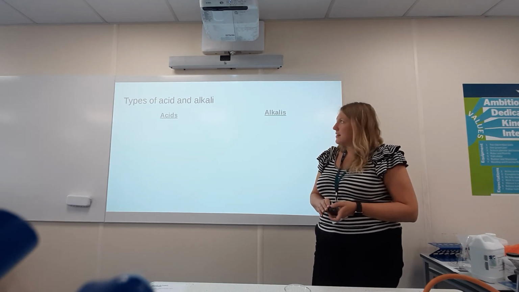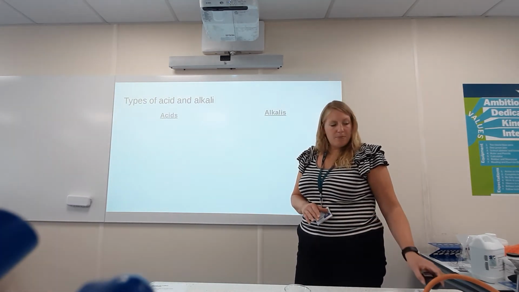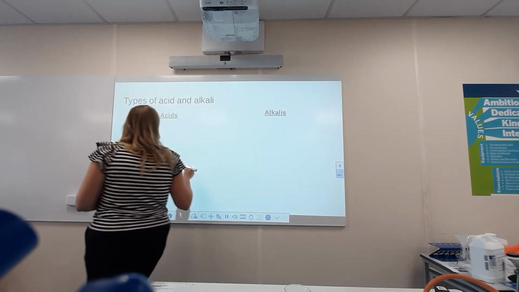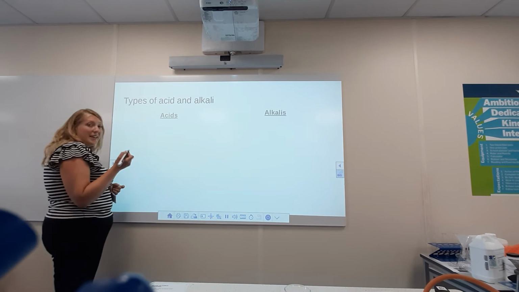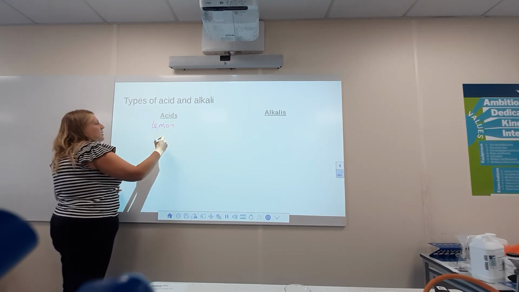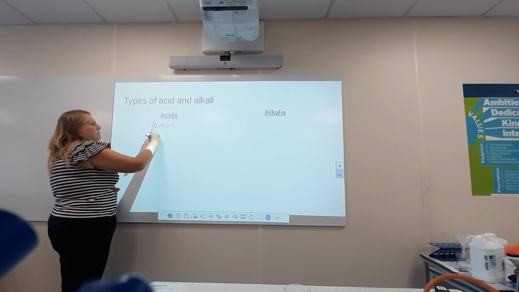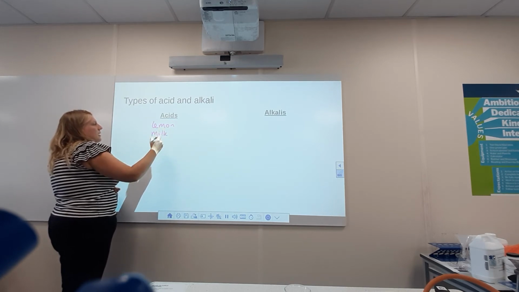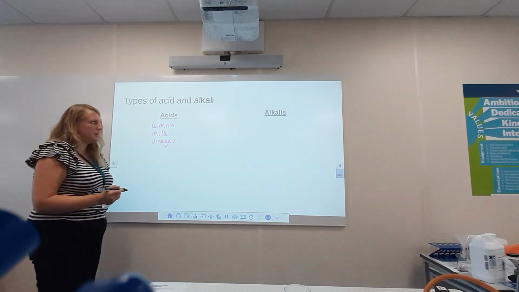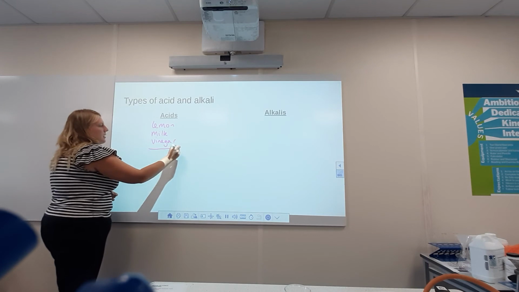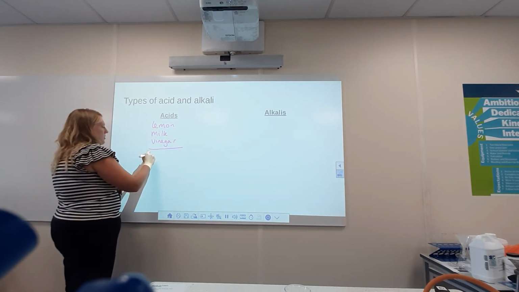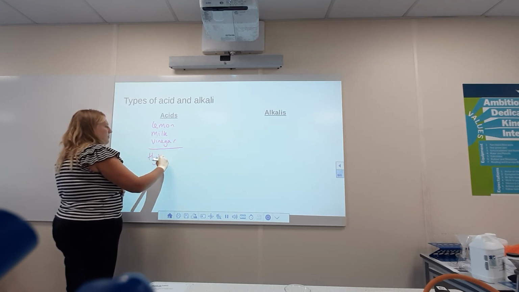So types of acids and alkali, well, I don't know if I'm going to fill all of this in, but I'll give you a few examples. So acids that are very weak acids and quite harmless are things like lemon, milk as well, vinegar, and then we've got some really strong acids. The weak ones would be all fine to drink or eat, but you certainly wouldn't want to be drinking things like this, hydrochloric